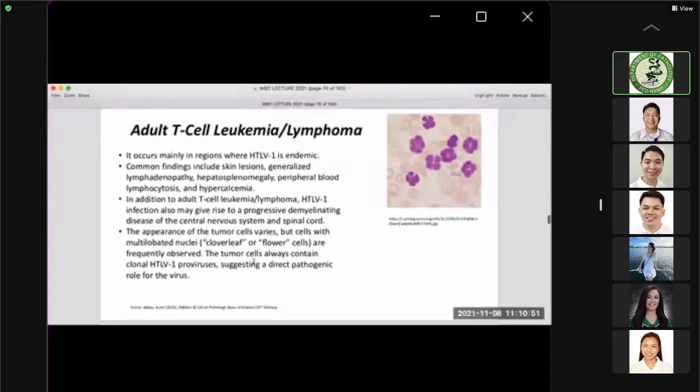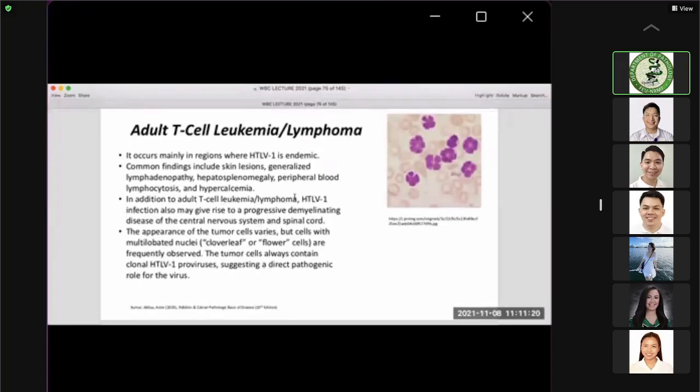Okay. So mainly in regions where HTLV1 is endemic for adult T-cell leukemia or lymphoma, no? Common findings are the following: skin lesions, general lymphadenopathy, hepatosplenomegaly. So meron tayong overlap ng mga manifestation, no? So this one has peripheral blood lymphocytosis and hypercalcemia. Okay, so